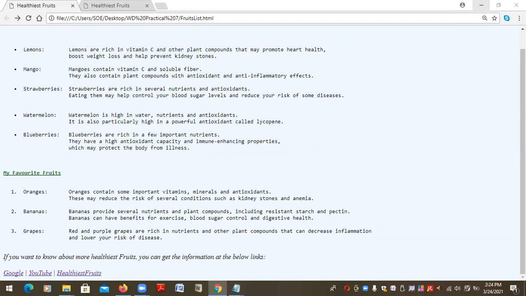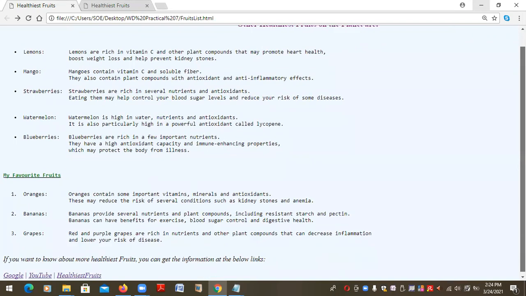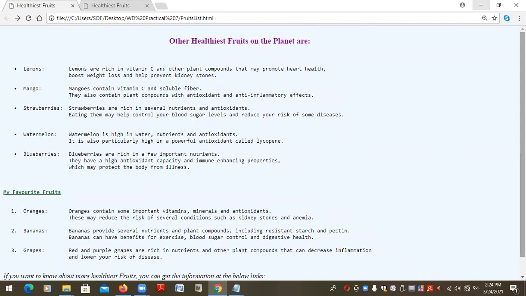Today I just simply want to show this because I don't want you to rush it, as I have only the last part. You already know that we have only one part left, not the paragraph, the form. The form is where you are going to ask the visitor whether they like my website. What is your name, how old are you, and what is your gender? Just like a small form.